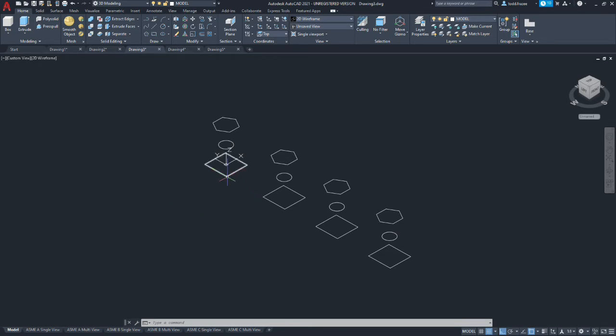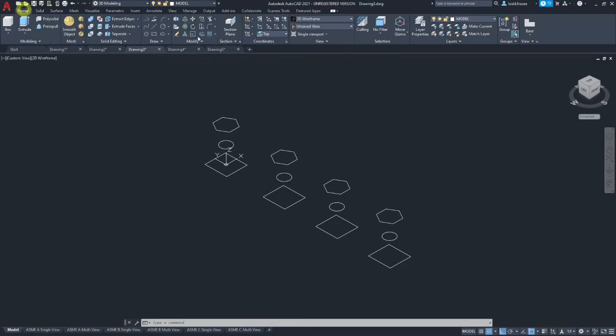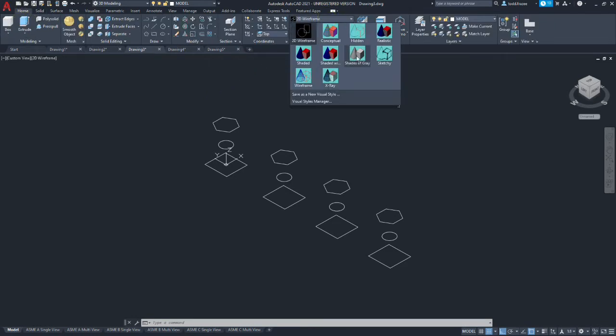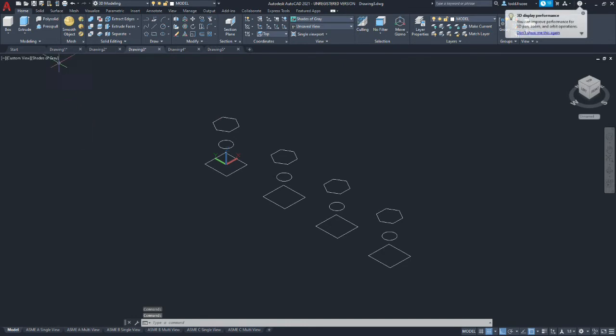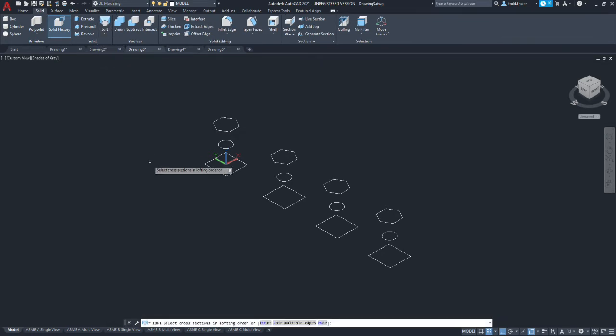And again, it's important that all your entities are joined. So like this is a polygon and not a bunch of line segments. And this is a polyline, not just 4 lines. All right, so we're going to go to solid. And before that, let's go ahead and go to shaded. We'll see if this is going to work for us. And we're going to go to solid, and we're going to toggle from sweep to loft.